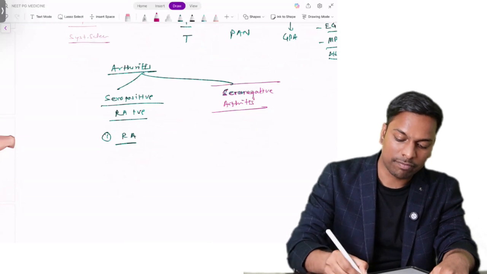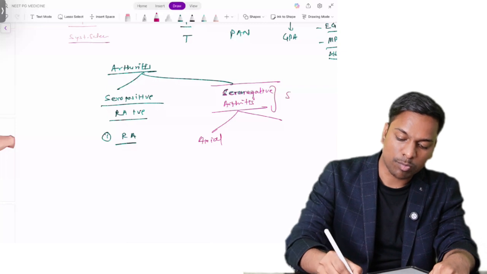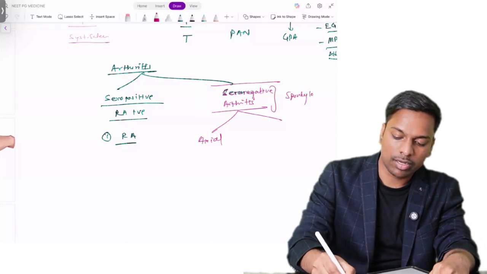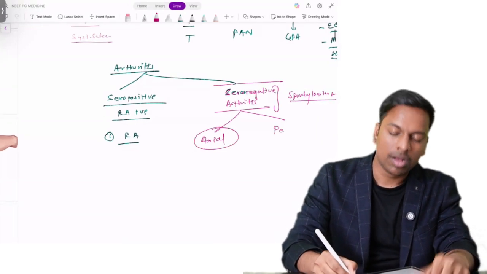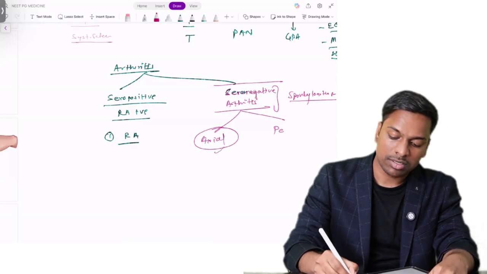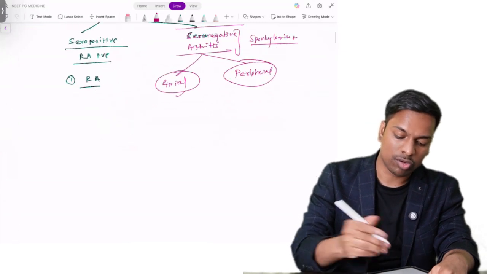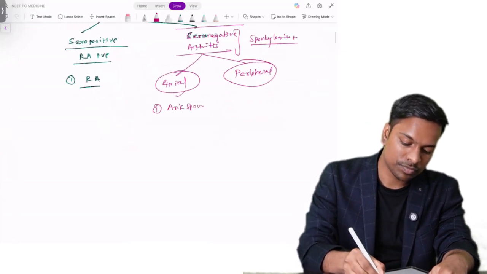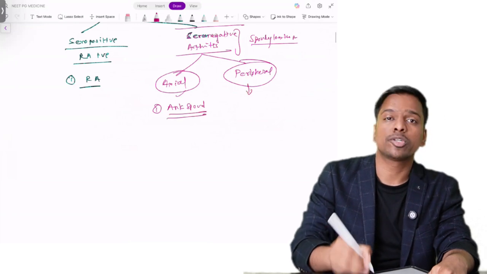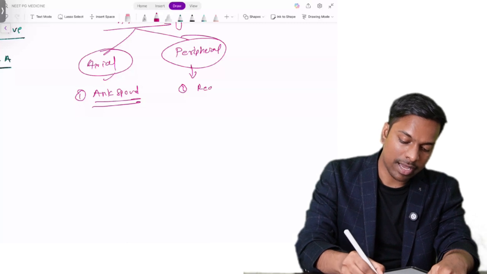So mostly they affect the peripheral. In that also we have two things. First is axial. So we call it spondyloarthropathies collectively. Spondyloarthropathies can be axial, that means only involving the spine or only the vertebrae, or it can be peripheral also, where it involves the peripheral joints. So when we talk about the axial, we have ankylosing spondylitis, AS, very, very important. And when we talk about the peripheral, first, let's start with reactive arthritis,